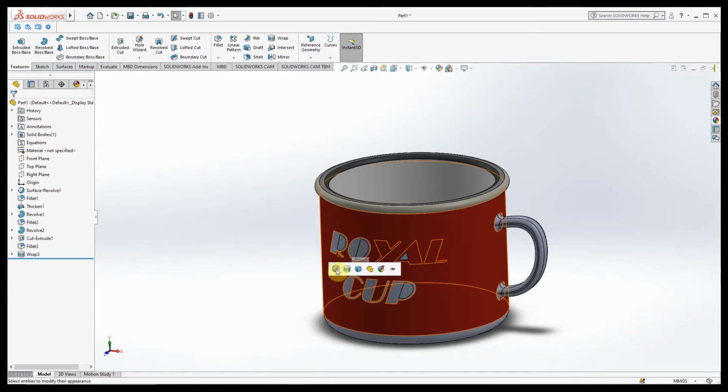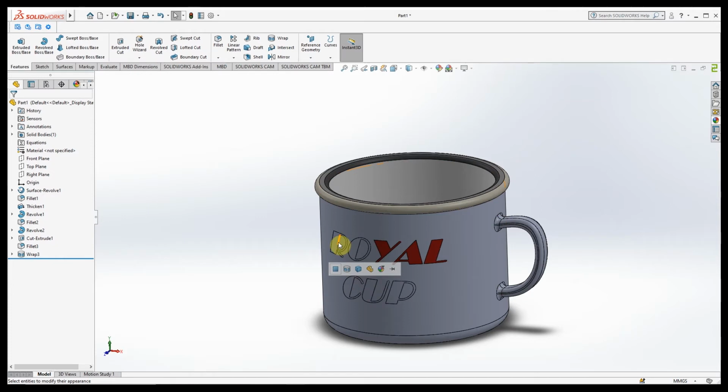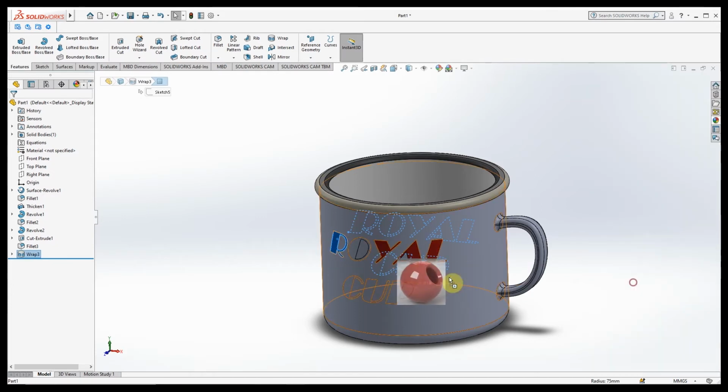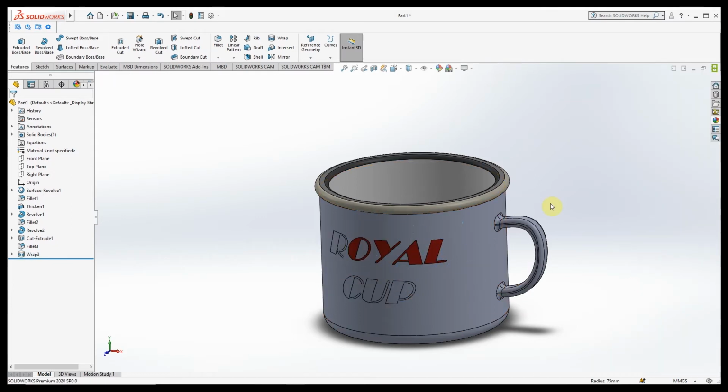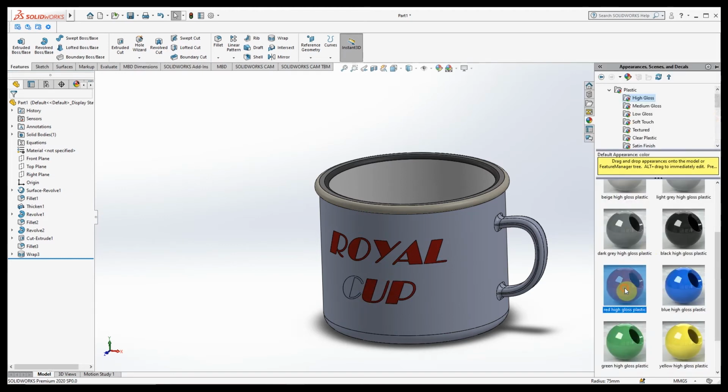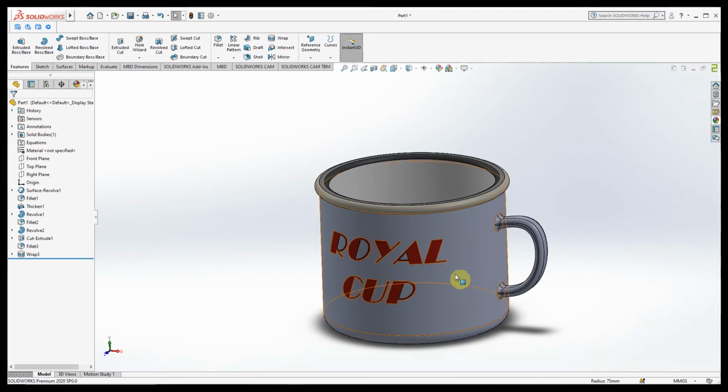It is not coming, I don't know why. It should come. I will check it. No, it is not possible. But you can place it individually, or if you select the wrap option it will come. You guys also try it once. For me it is not coming now.